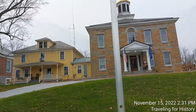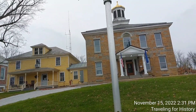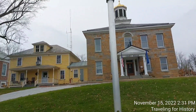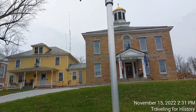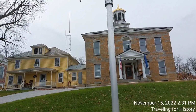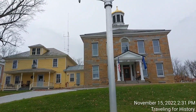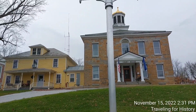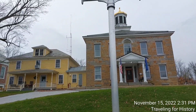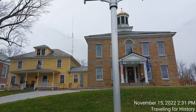So bear with me. Grand Isle County Courthouse. Built in 1824, the Grand Isle County Courthouse was the second county courthouse erected in Vermont. Its location in North Hero reflected the prosperity and stability of the Shire Town. Shire Town is a county seat. And the monumental stone edifice embodied the ideals of a governed society as envisioned by Vermont legislators in the early